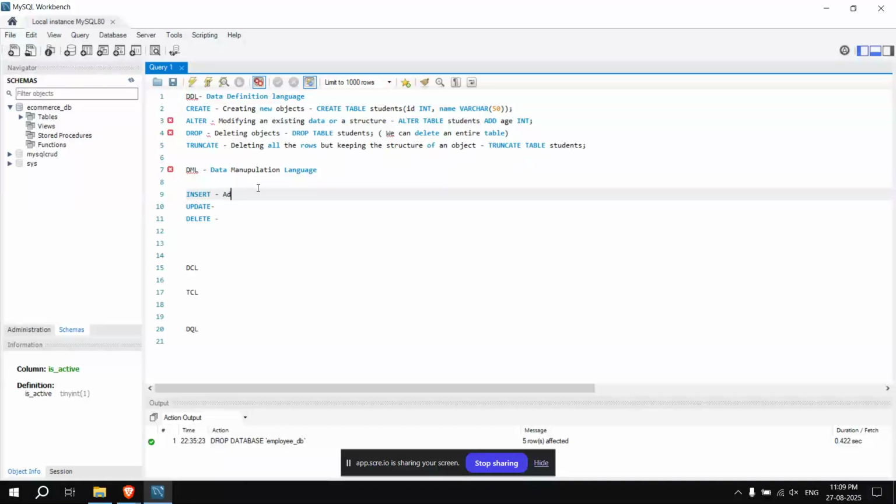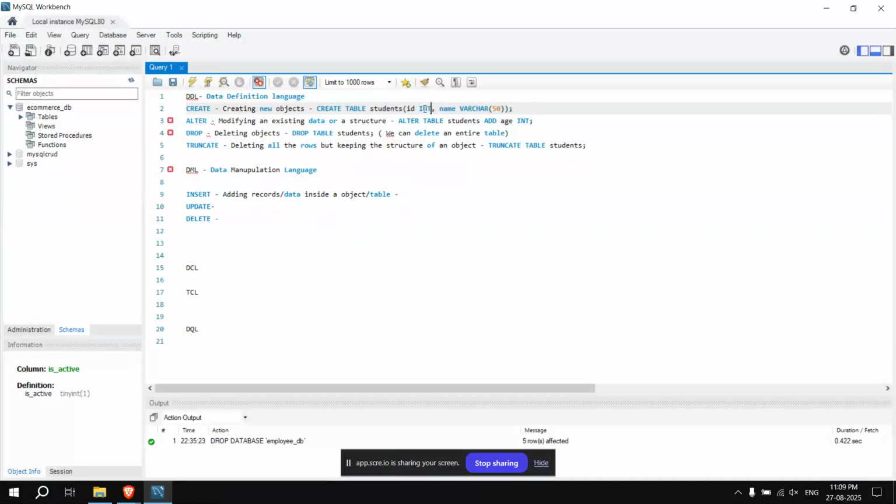It means adding records, or you can say data, inside an object or table. An example: suppose there is a college database. In the college database there should be a student table.